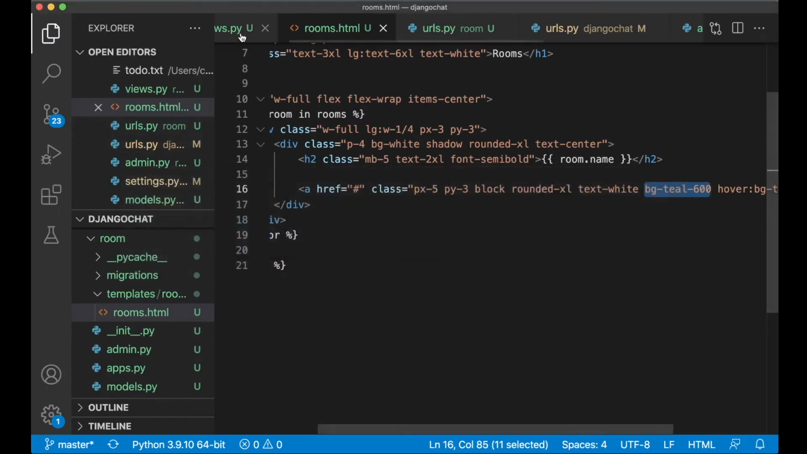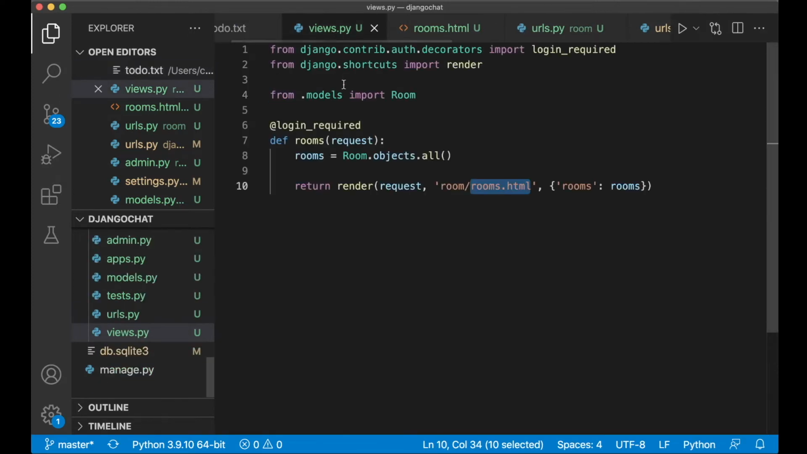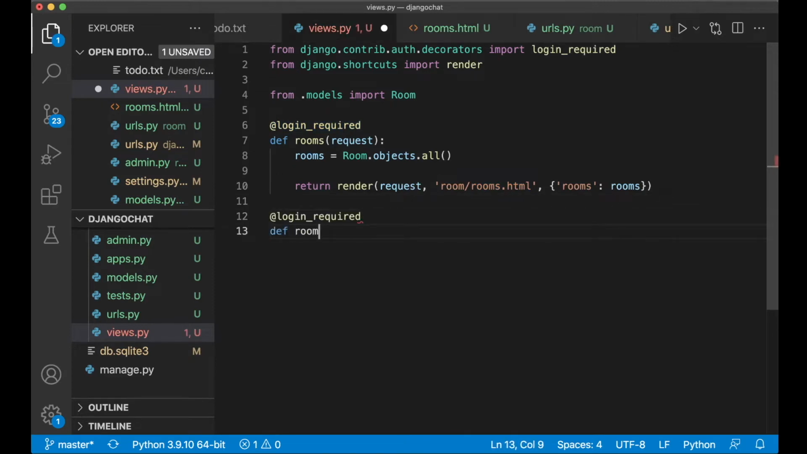So then I can go back to the to-do list, set this task to done, and then I need to create a new room detail view so we can click the join button and go into it. So I can go back to the views.py and I can copy this decorator, and then below here I say def room, we pass in the request parameter, and here we also need the slug for finding the room in